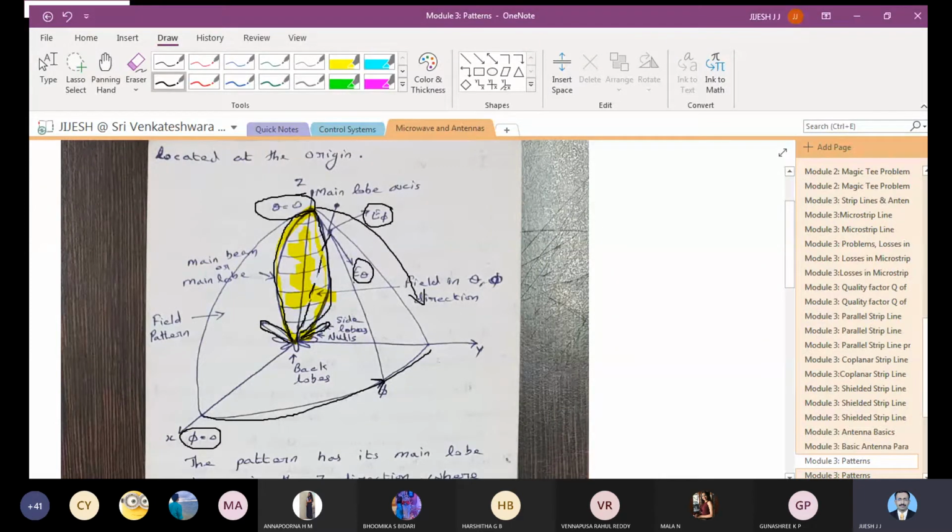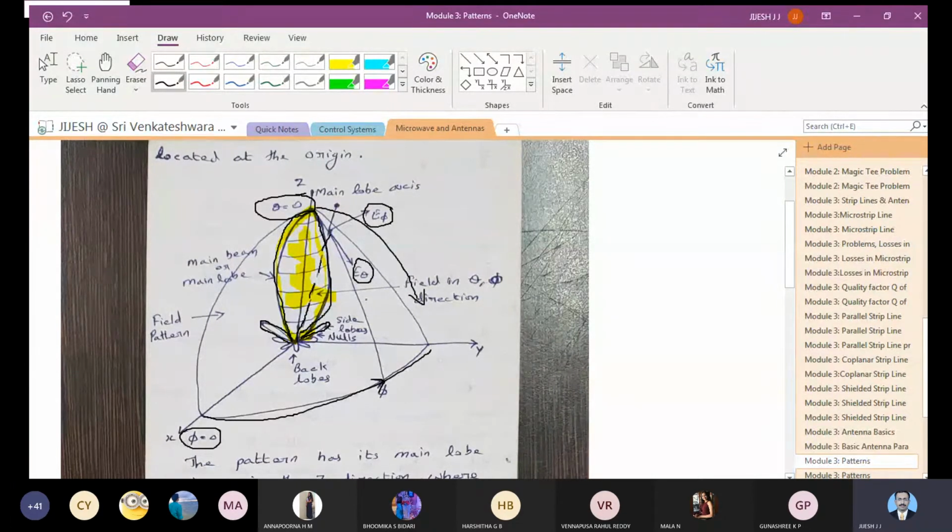To explain this, just take a football which is in a spherical shape. Consider a spherical thing, and if you are moving in one direction, from one end to another, you can call it the phi component. And the other one, if you move from north towards the south, then you can say that it is the theta component. So you have this phi component and theta component.